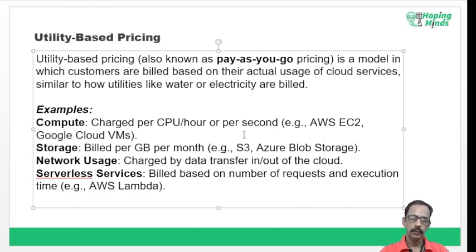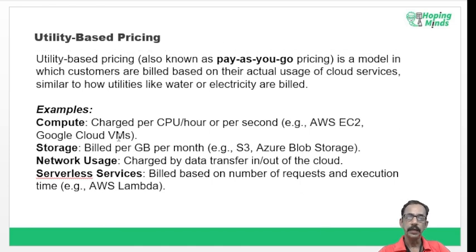Don't worry that if you take some resources from the provider, you always have to pay for a full month. If you keep it 1 month, then you have to pay for 1 month? No. The bill will come according to how long you use it. If you use it daily 4 hours for 31 days, you pay for those hours. It can be up to per second also, like EC2, which means the virtual machine, or VM, that you take from the provider.